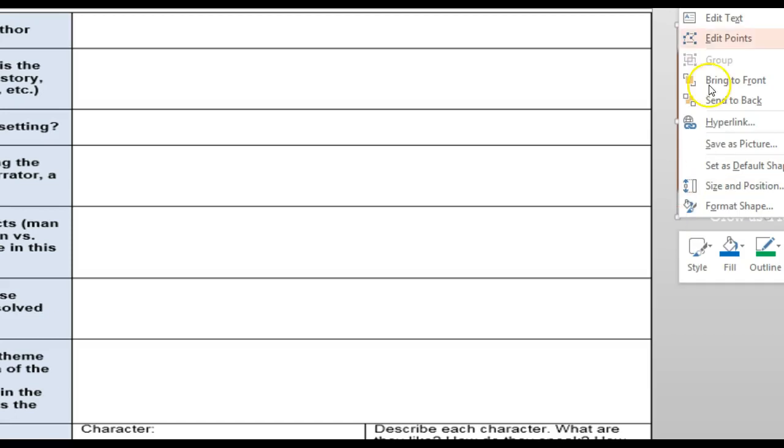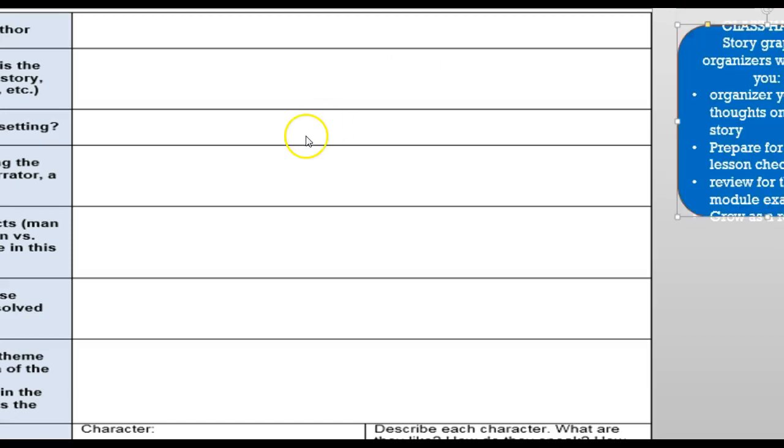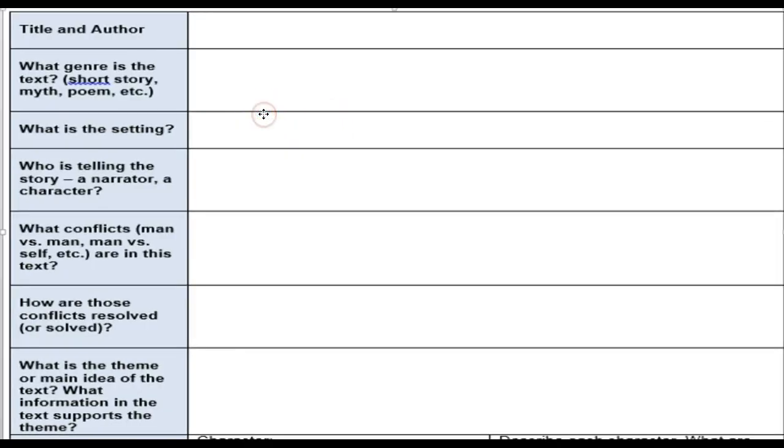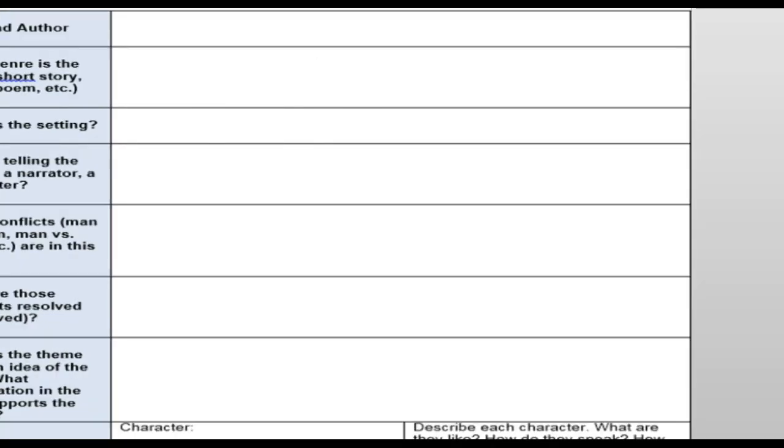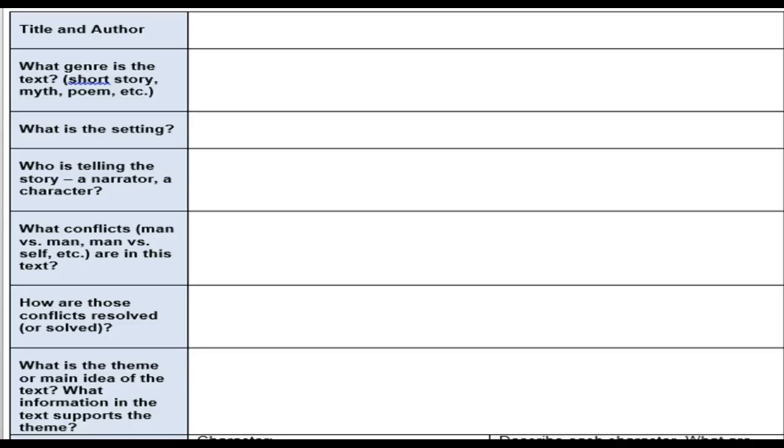I'm not sure why my computer's being a little bit fussy today. But this is the actual picture of the Charles graphic organizer. If you don't want to print this, just open it up on your computer and look at it, and then you can handwrite in your notebook.